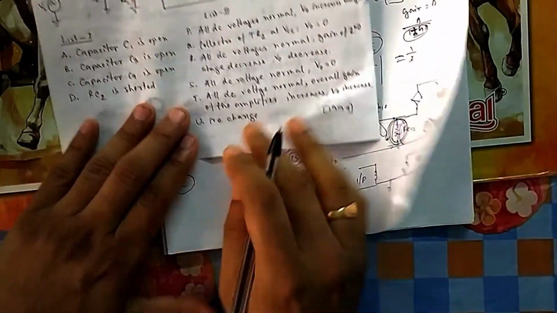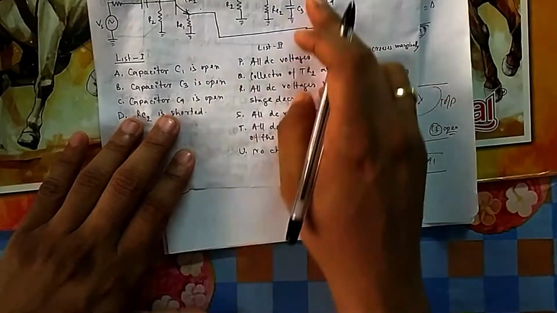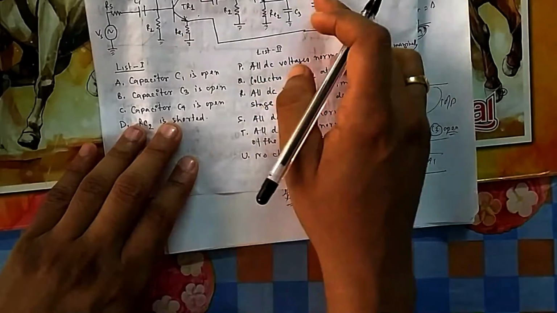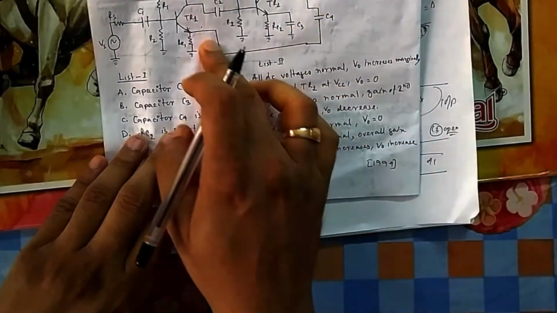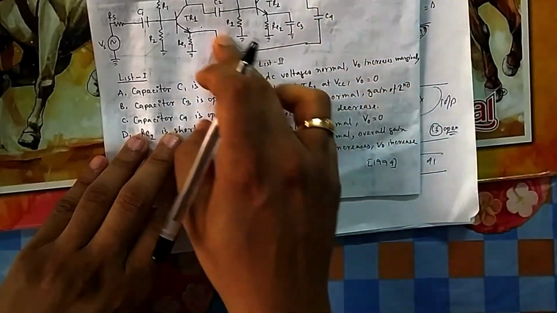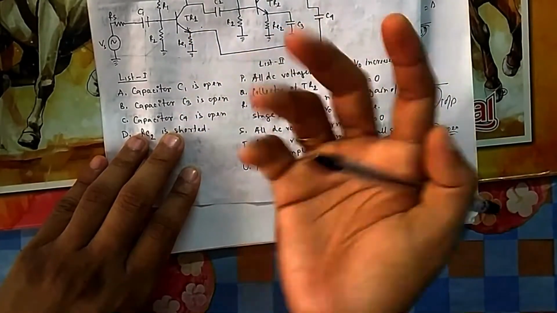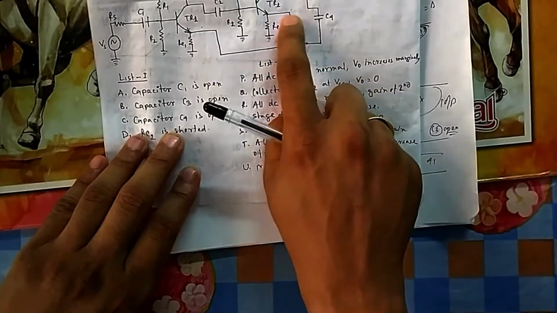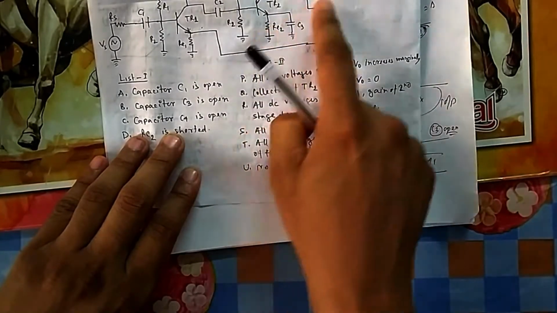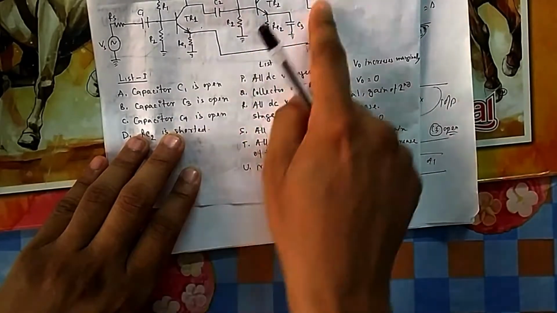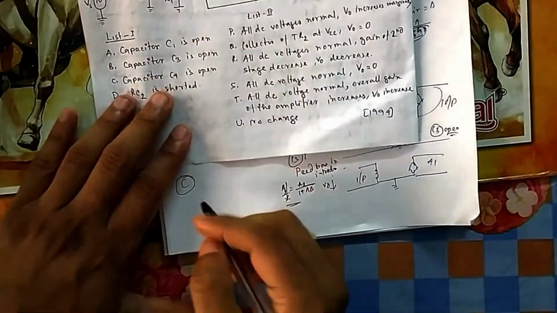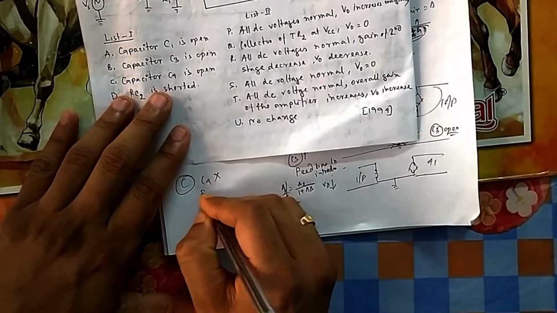Now let us come to C. Capacitor C4 is open. Now if you open this C4, what was the purpose of C4? In case of AC analysis, what will you do, you short it. So you say there is a feedback you are giving here. So if you open this C4, this is just contradictory to the earlier one. C3, if it is there, then there is no feedback. If you remove this one, then feedback is coming. Here, if it is there, then feedback is there. If you remove this one, then feedback is gone. There is no feedback to stage 1. So if you remove C4, that means feedback is gone.